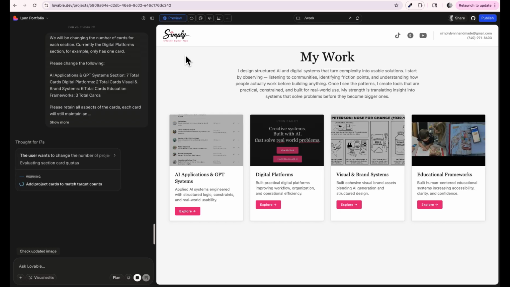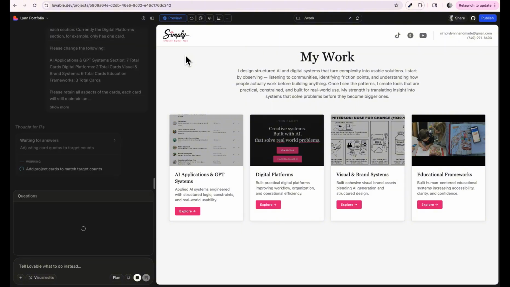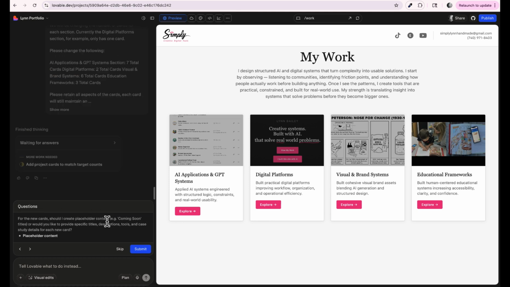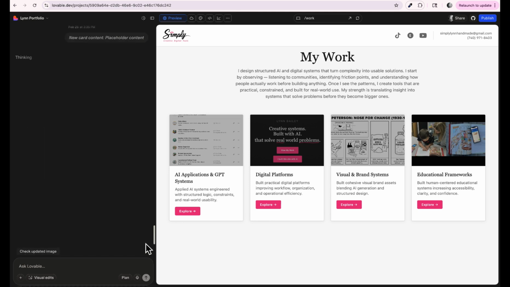Okay. Project cards, that's what they're called. I have to write that down because I keep forgetting the name of them. Project cards. For the new cards, should I create placeholder content, coming soon titles, or would you like to provide specific titles, description, tools, in case, oh, that's a good point. I should have added that in. Placeholder content will work for now because I am not ready for